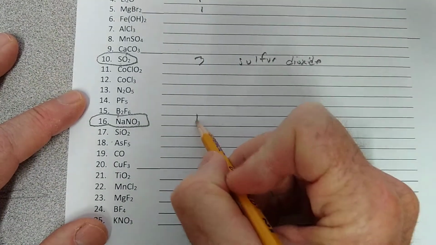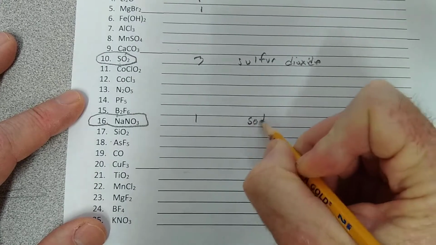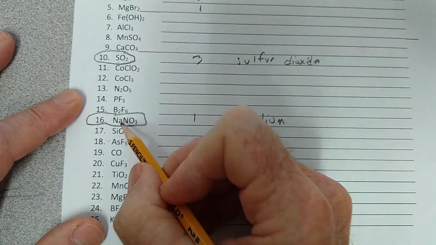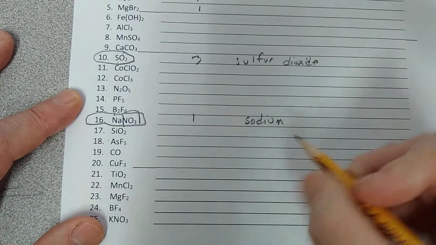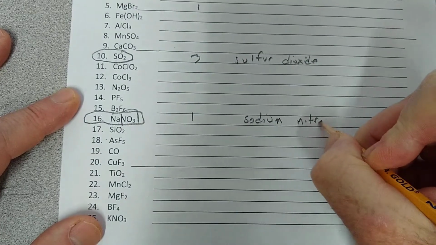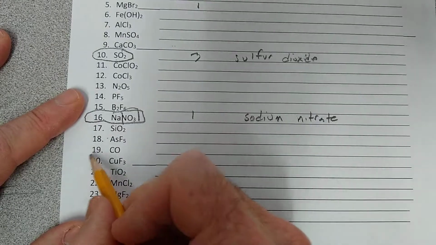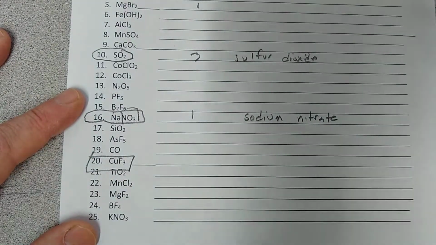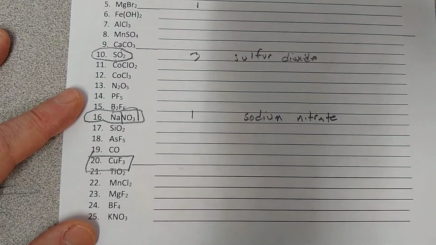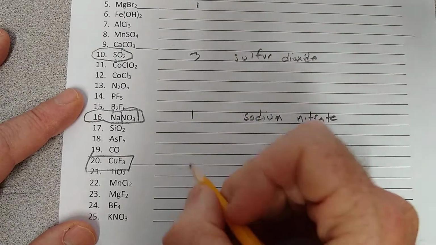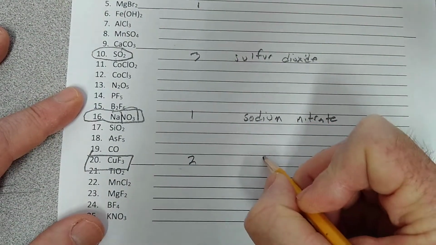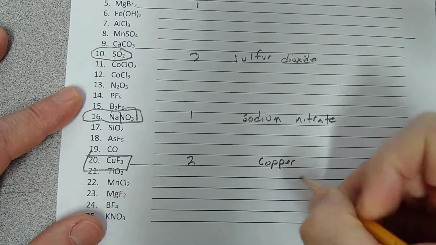Okay, that's rule number 1. And that's sodium. And then you just say the NO3. You just say it. Sodium nitrate. You don't have to do any work. All right, give me the name of problem number 20. Okay, that's rule number 2. And that's copper 3